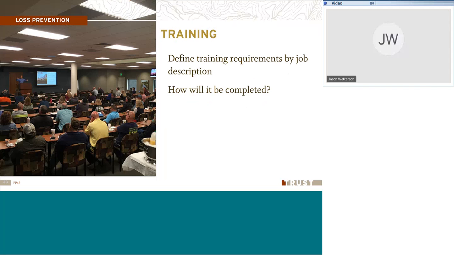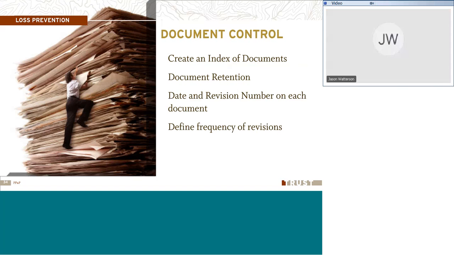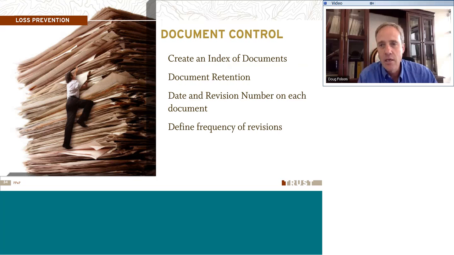Training is a really important thing that, like we mentioned, we need to make sure we're doing, so work that into your management program as well. What training do we need, how are we going to accomplish that training, and how do we document it and keep track of it and stay on top of it so that our employees get the training they need? Document control is not just a part of making sure that our training is being accomplished; all of these measurable aspects of our management system need to have documentation.